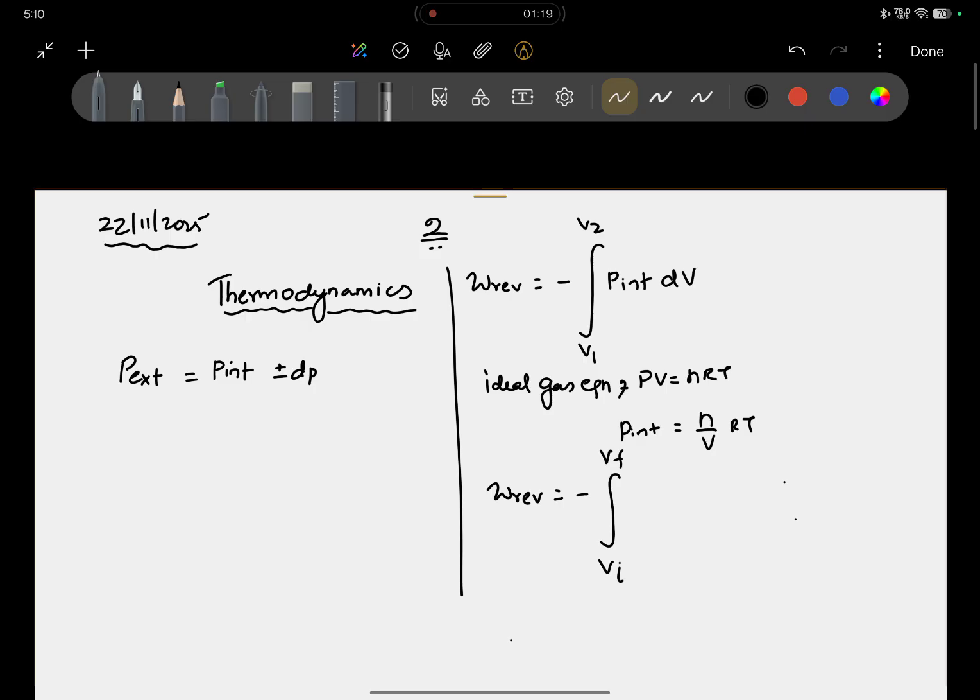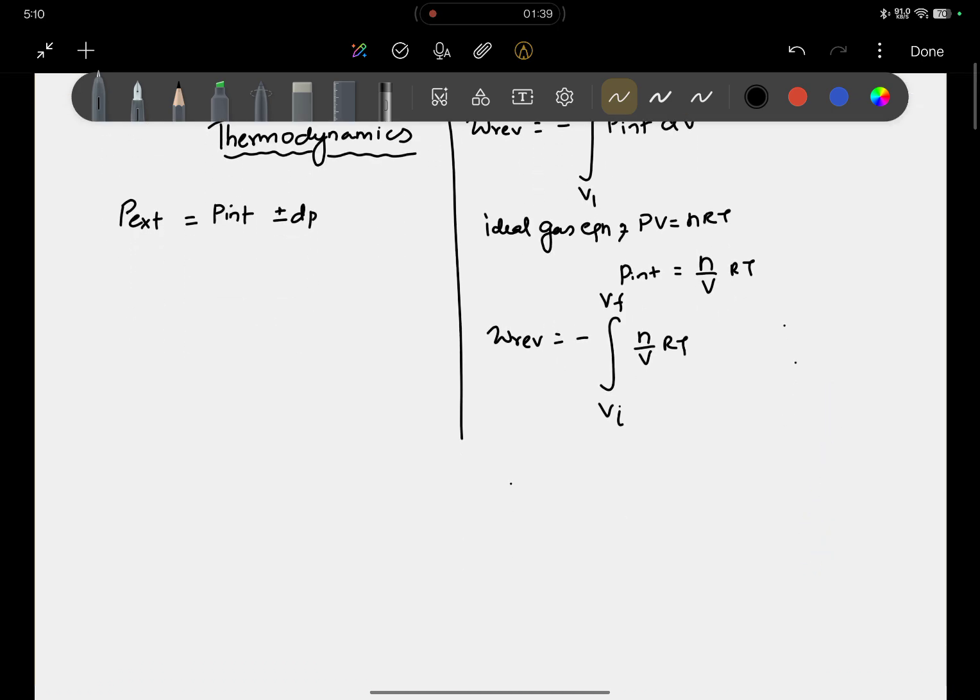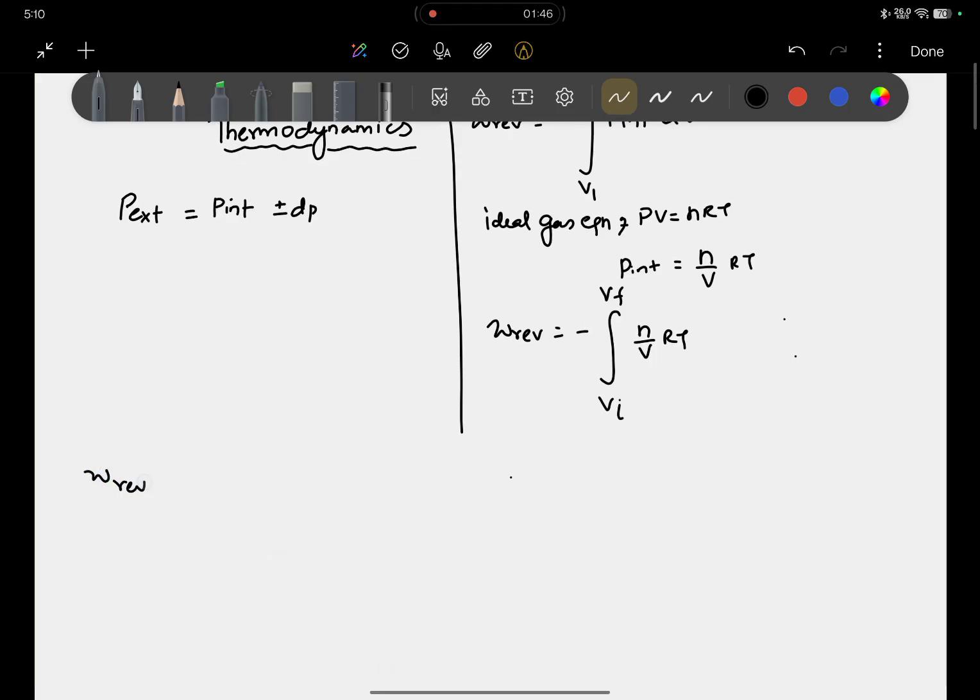Either you group it as 1 and 2 or you can put i to final. Remember, n is a constant, R is a constant, T is a constant, so you can take it out. You'll get W reversible is equal to minus nRT integration of Vi to Vf